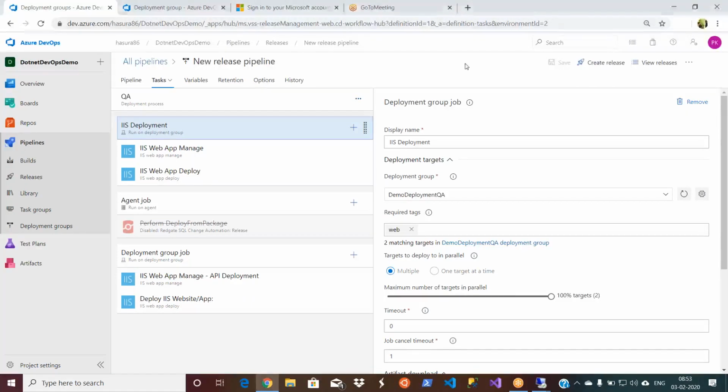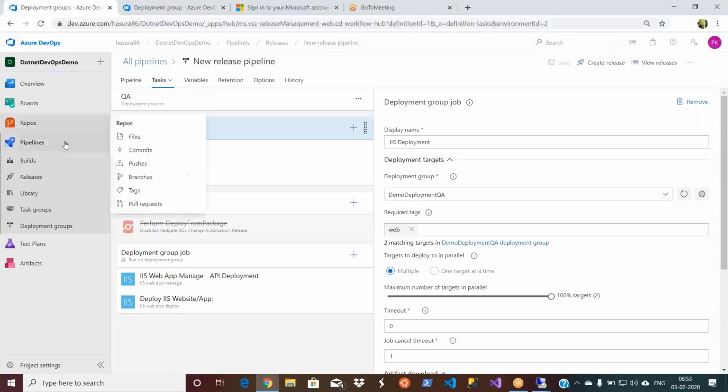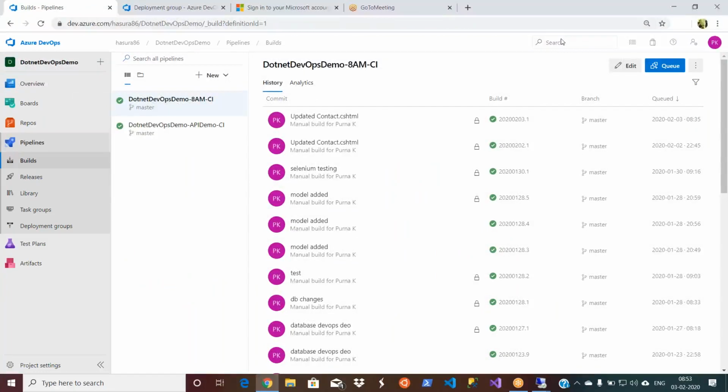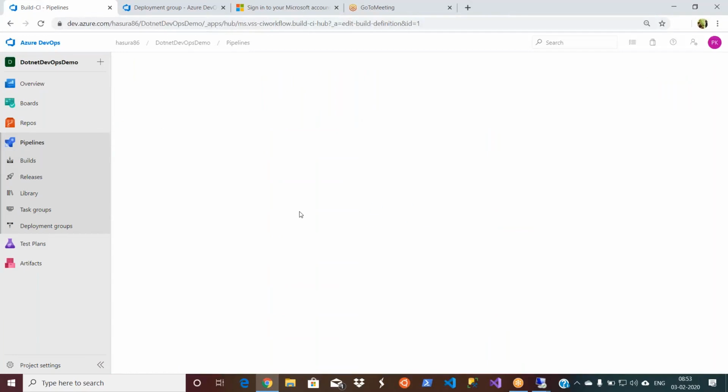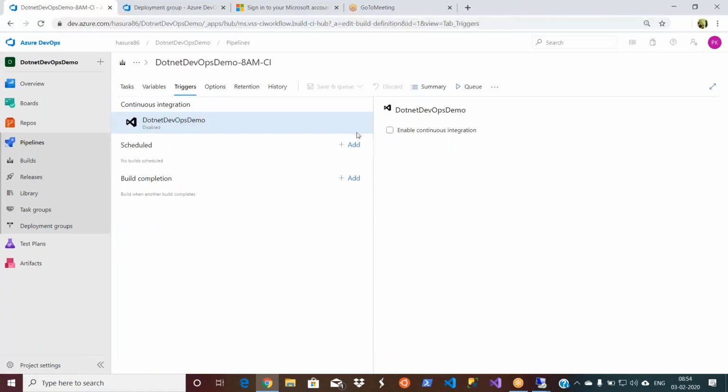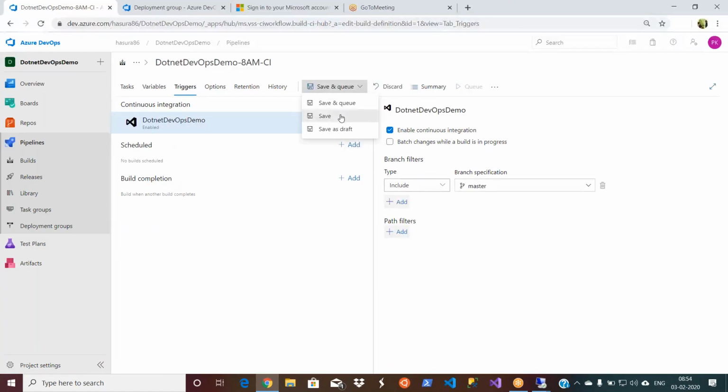No. What we have done right now is we disabled all the triggers, right? Let us say you go to the build pipeline. Basically, you need to enable continuous integration. Edit, and then go to the triggers. So you enable continuous integration here. That means the moment your developer checks in some code or your pull request is approved, this build will be triggered. Now the build is automated. Your release should also be automated accordingly. Now go to the releases.